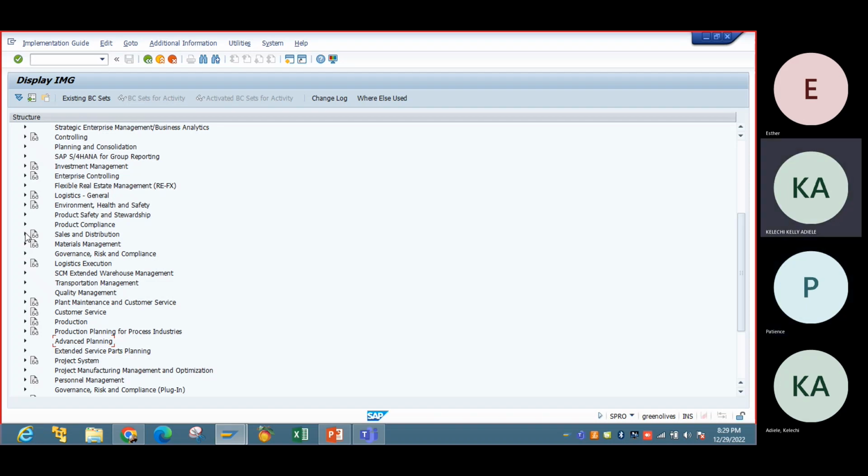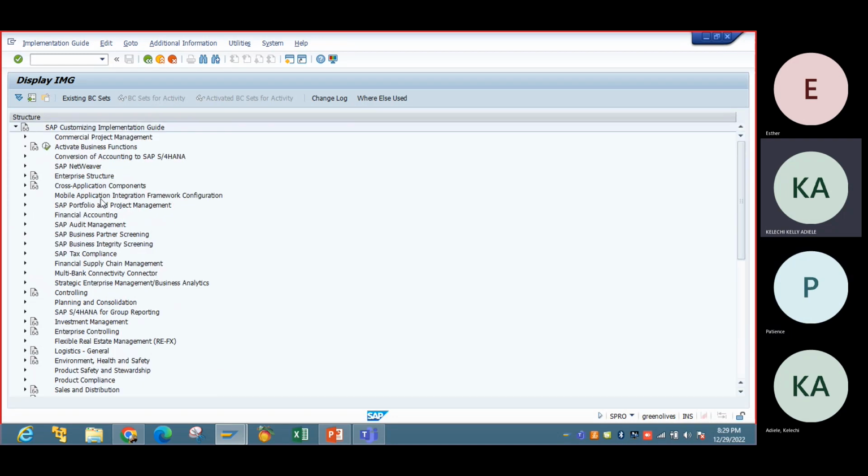So we're going to see, first of all, how to do the configuration for business partner, and we'll also see the architecture when we are done. Hopefully before the end of this class we'll learn how to create customers and vendors, and call it a day. So to begin the configuration for customer master data,